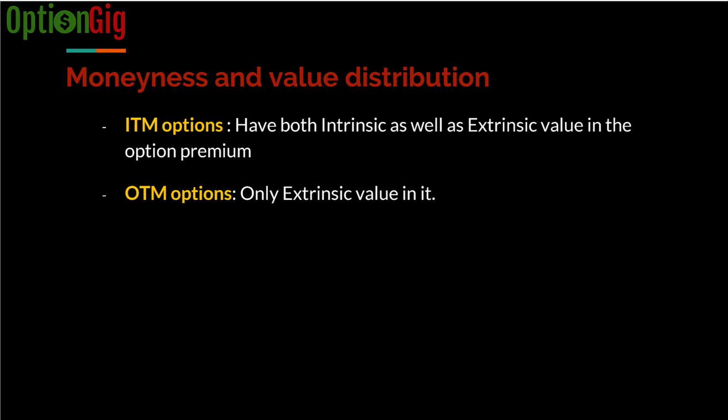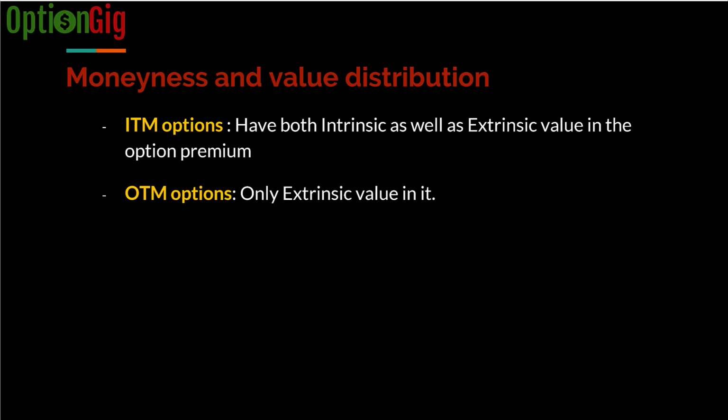Like the example we saw, the option pricing was $7, out of which $5 was intrinsic, $2 was extrinsic. So in the money options will always have both the components. Now let's look at